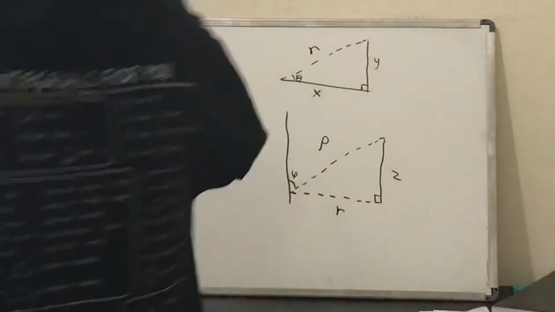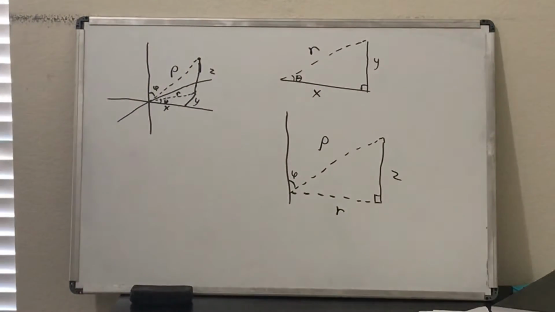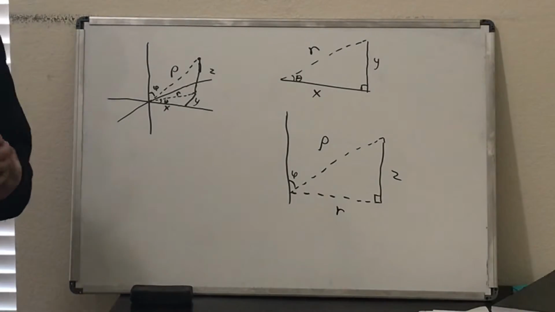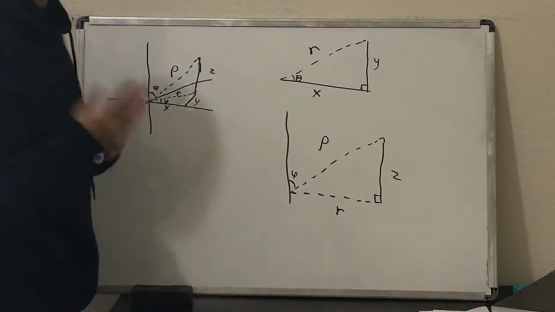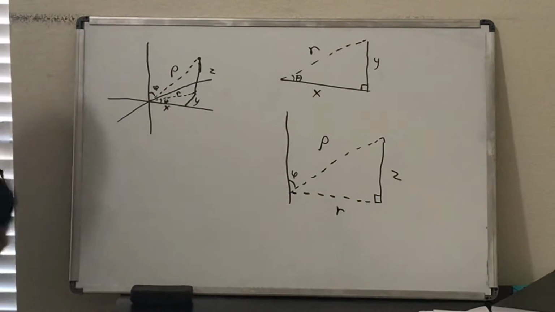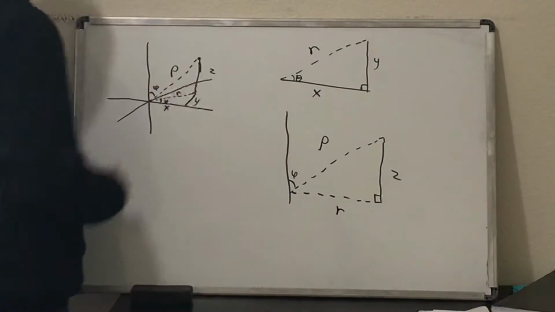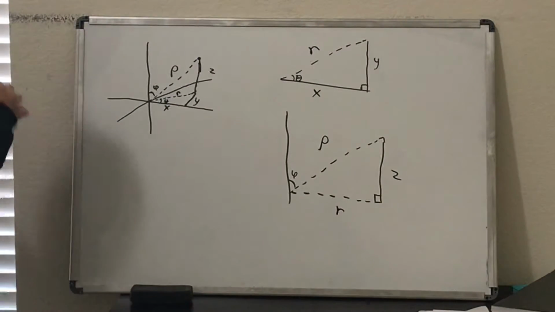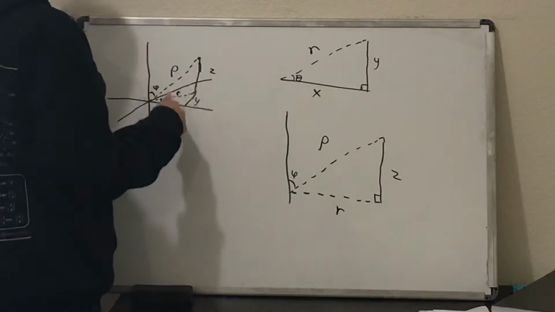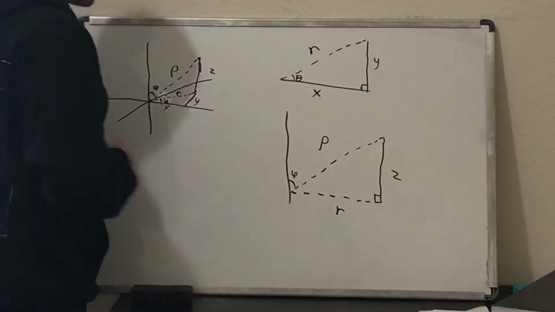Okay, so in this video we're going to derive spherical coordinates. Spherical coordinates are like polar coordinates, but in 3D space. So instead of just having our x and y, we now have x, y, and z. Okay, so we want to express x, y, and z in terms of rho, phi, and theta, where rho is